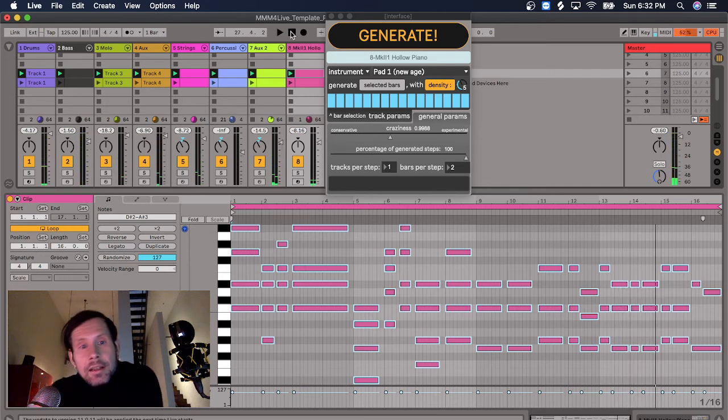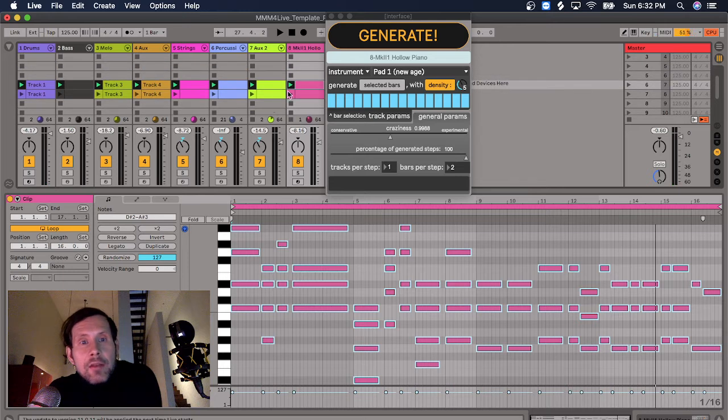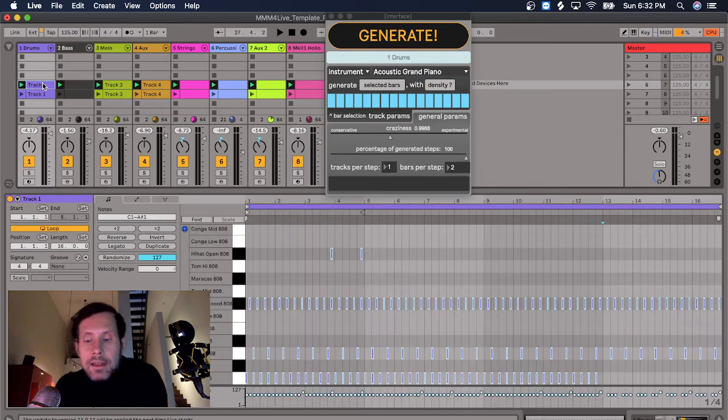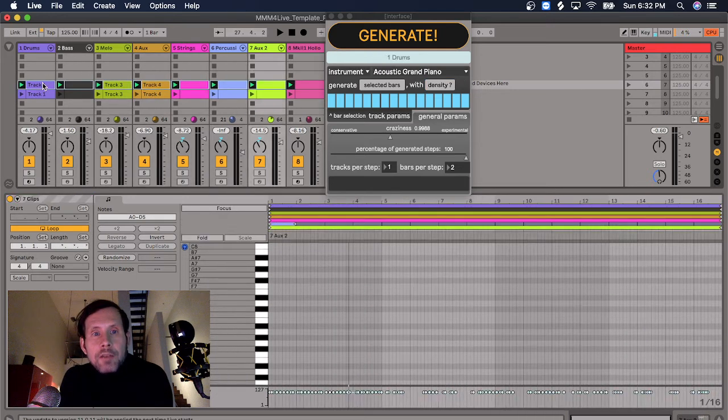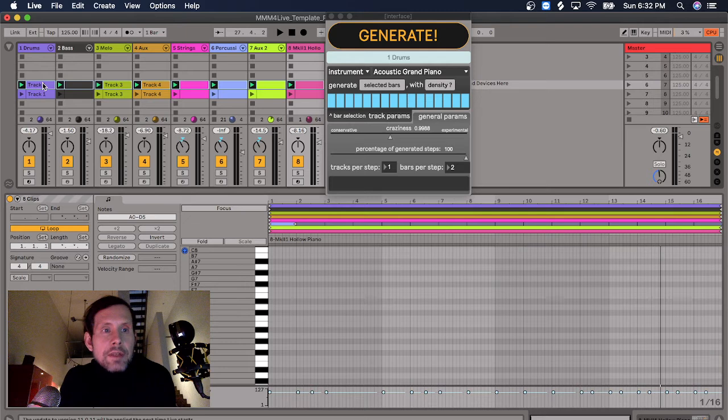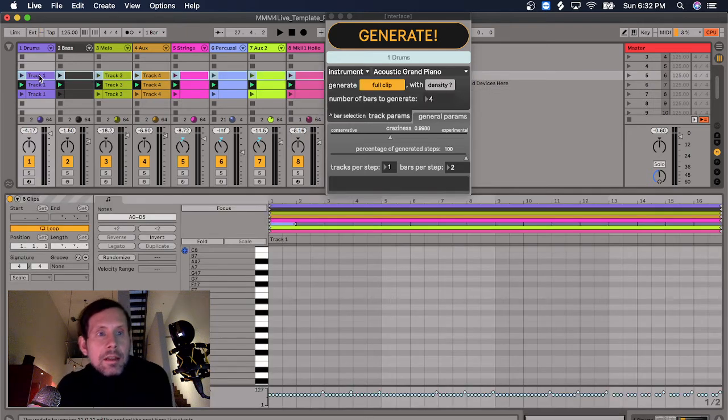So you get the idea. Here I just generate, but again, all the tracks have patterns of the same length. If ever a pattern is of a different length, you'll get an error message, and the system won't generate for you. So let's say that I like this, so I'm going to copy it so as not to lose it, maybe here on this scene,